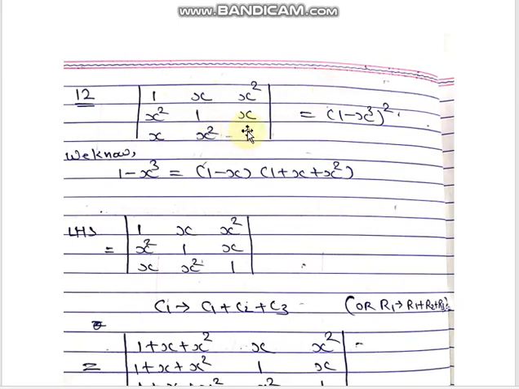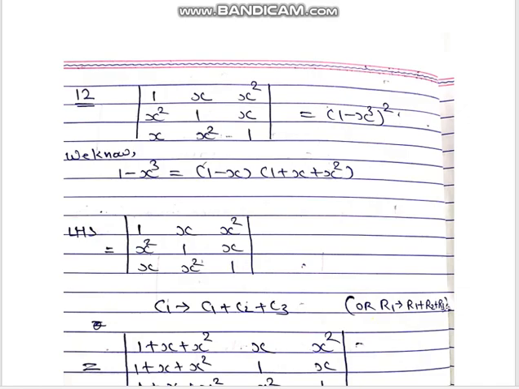1, x, x square, 1, x, x square, 1. Okay, so all the 1, x, x square is here, we can say it is moving. Okay, now here we have 1 minus x cube whole square, but formula for 1 minus x cube is 1 minus x, 1 plus x square. Okay, so if we add all these elements, we will get 1 plus x square. So either you add all the columns or you add all the rows, you will get 1 plus x square.